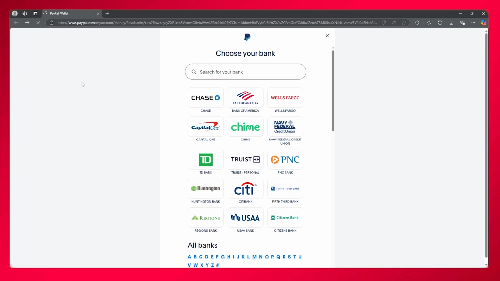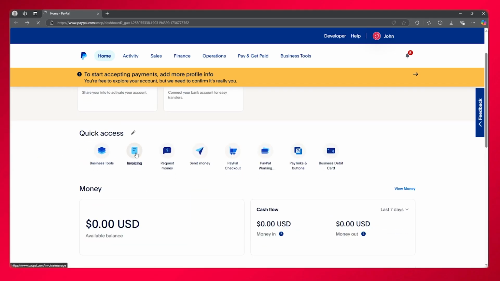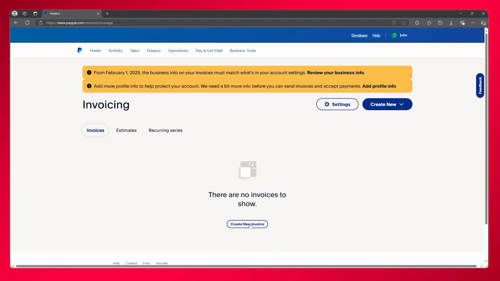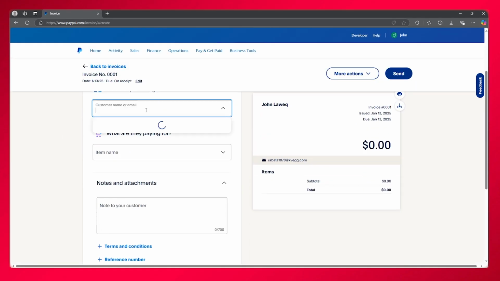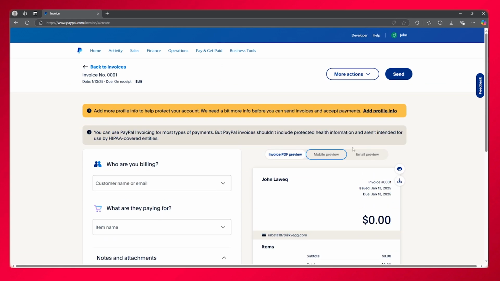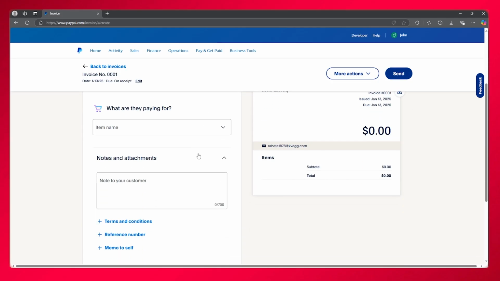Now, how do you do it in another way? For this, you're going to go ahead and go to invoicing. Sending money through invoices is something totally different. So you're going to click on create new invoice. You're going to add in the customer's name or email, etc. You're going to add in the item name that you're paying them for. And what you're simply going to be doing is making sure that once you send this,